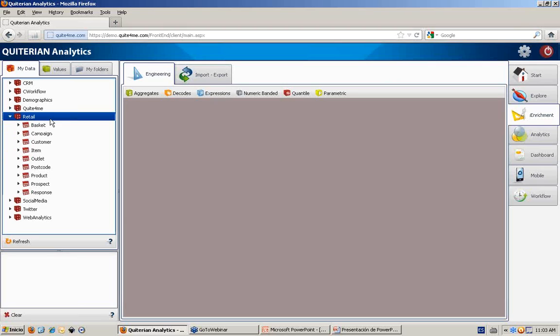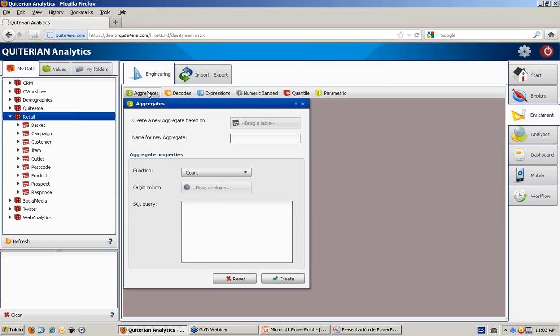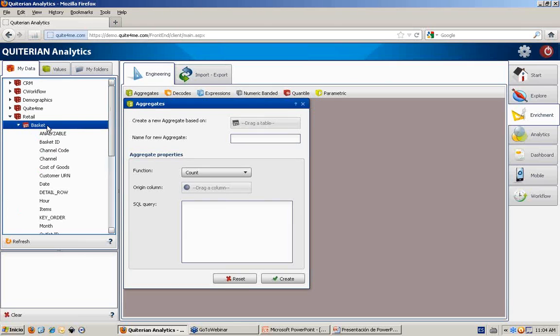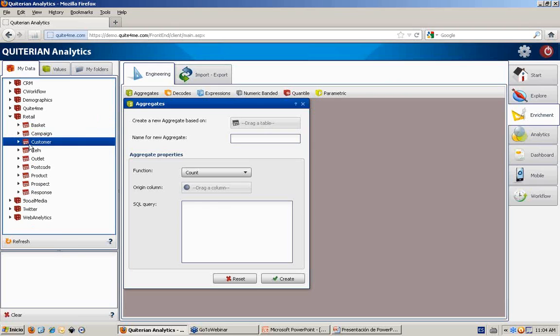We are going to define the frequency as the distinct number of times per month that each customer buys in a specific set period of time. Let's say a 6 months study. So for that purpose, we have the baskets, which contain the different dates of each purchase, and we have the customers. So I'm going to count how many different times each customer buys per month. For that purpose, I'm going to do an aggregation and say, let's call this variable frequency per month,